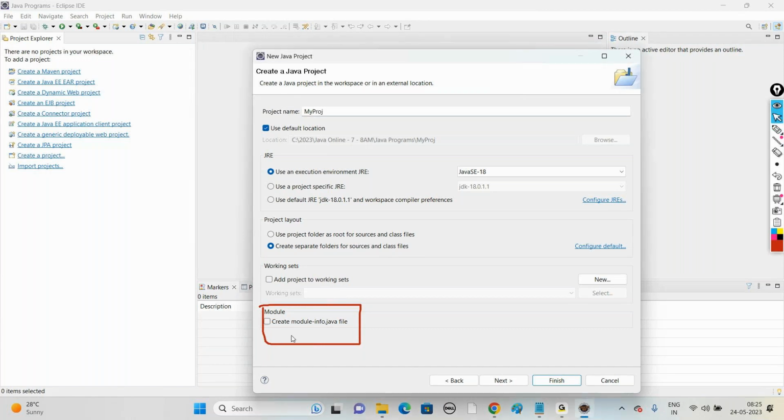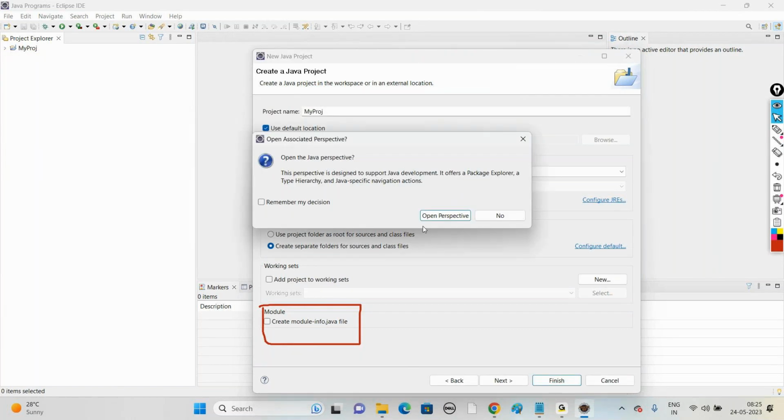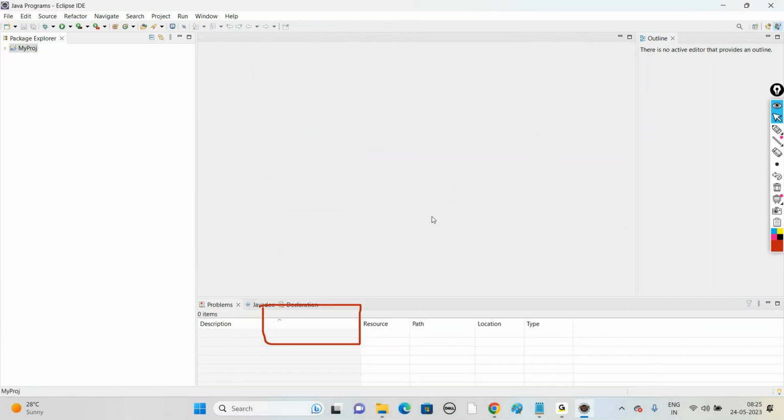Uncheck create module-info.java, click on the Finish button, and say open perspective. That's it. The project will get created for us. So to create a project,